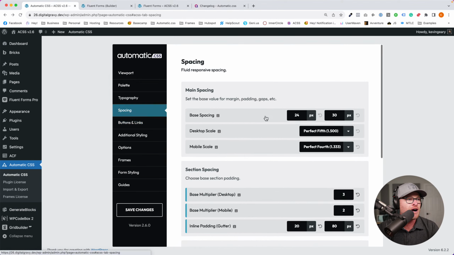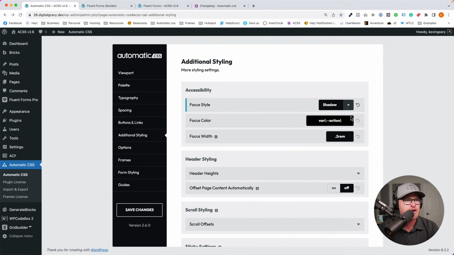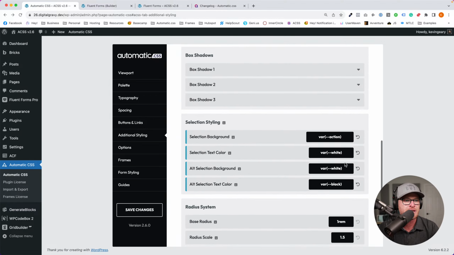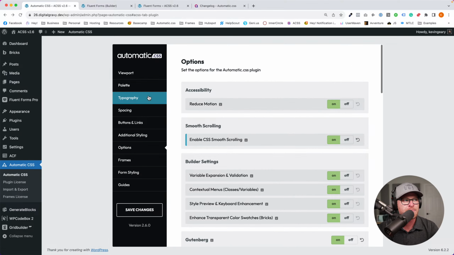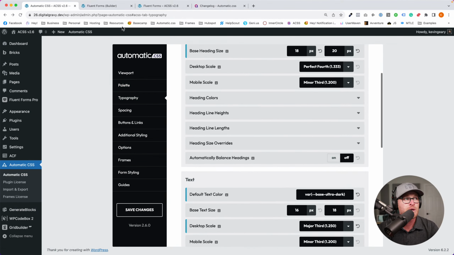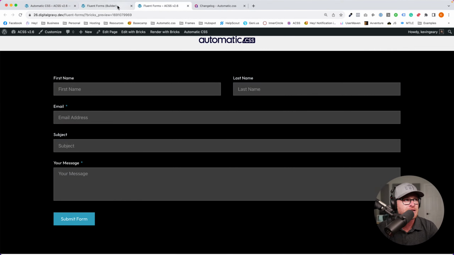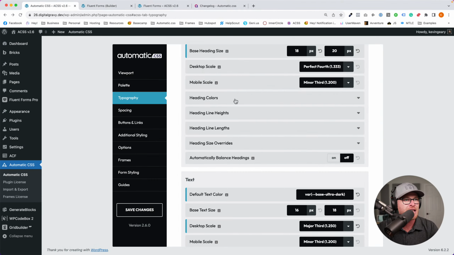You can do it on, where else was it like an option? There was a couple other drop downs where it was an option as well. I don't know off the top of my head right now, but basically everywhere where it made sense to make that an option, we made it an option. So you can now inherit styles, and that's going to prevent a lot of little headaches here and there.